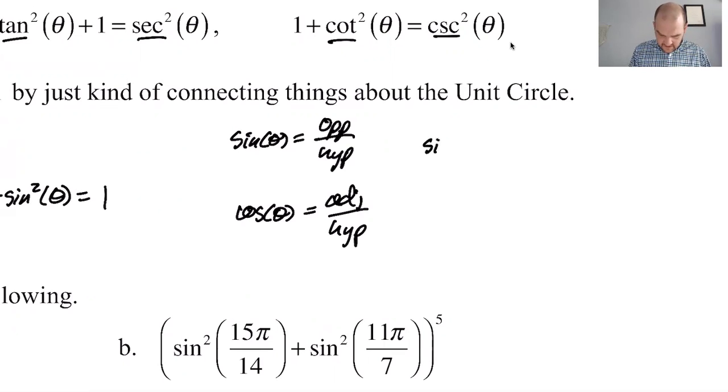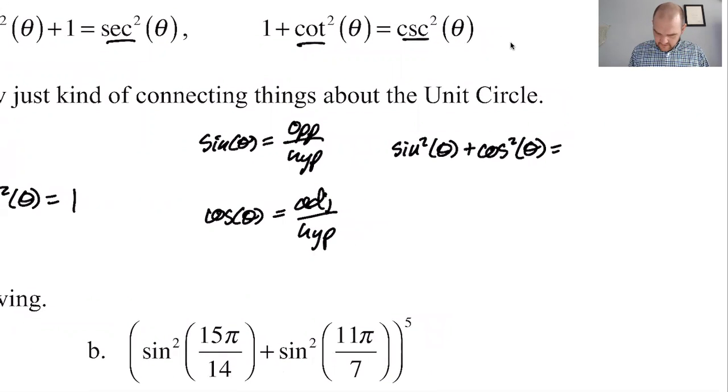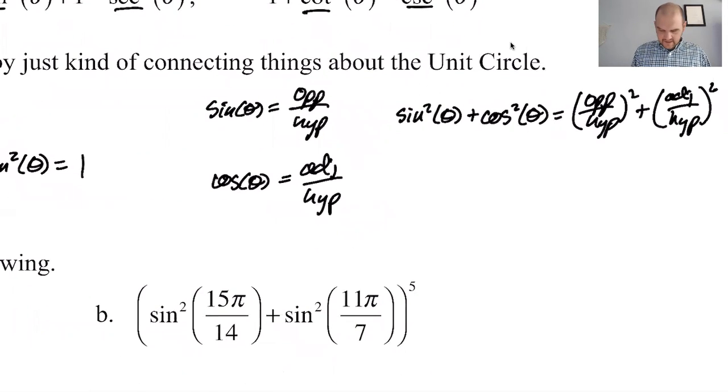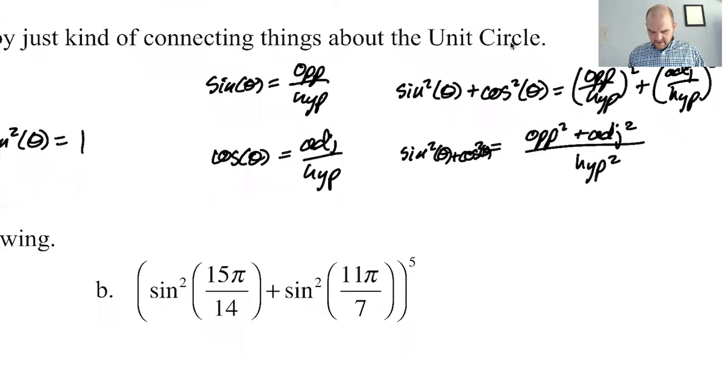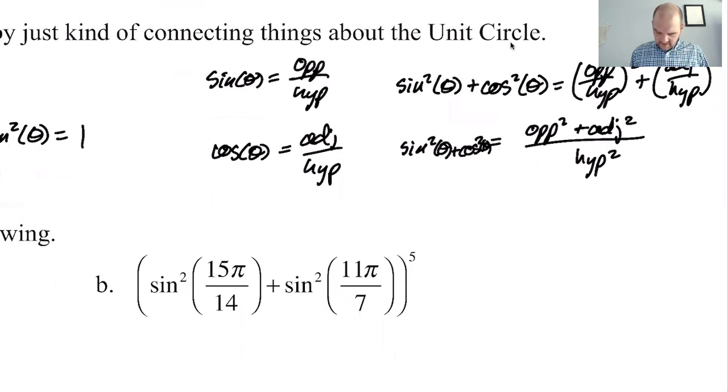So then sine squared of theta plus cosine squared of theta will equal the quantity opposite over hypotenuse squared, plus adjacent over hypotenuse squared. And then if I actually do that, I would get opposite squared plus adjacent squared over the hypotenuse squared. But then you got to think of your triangle now, right? And in the triangle, we know that,